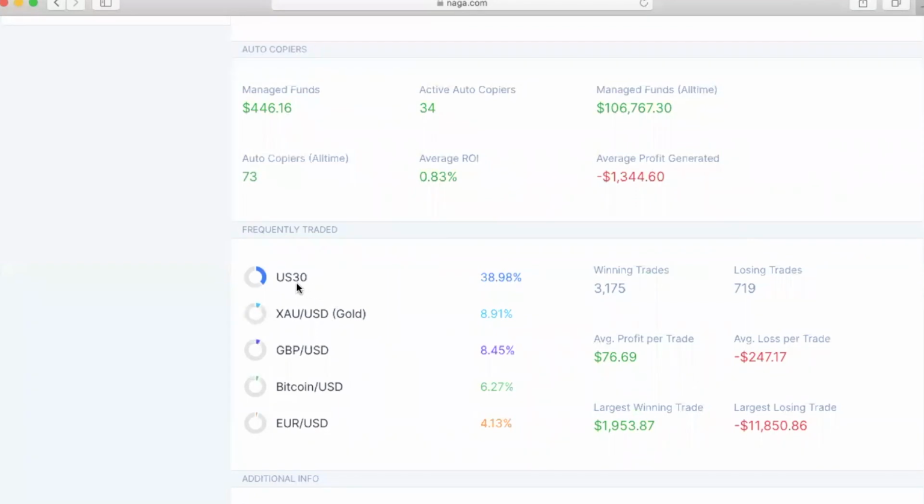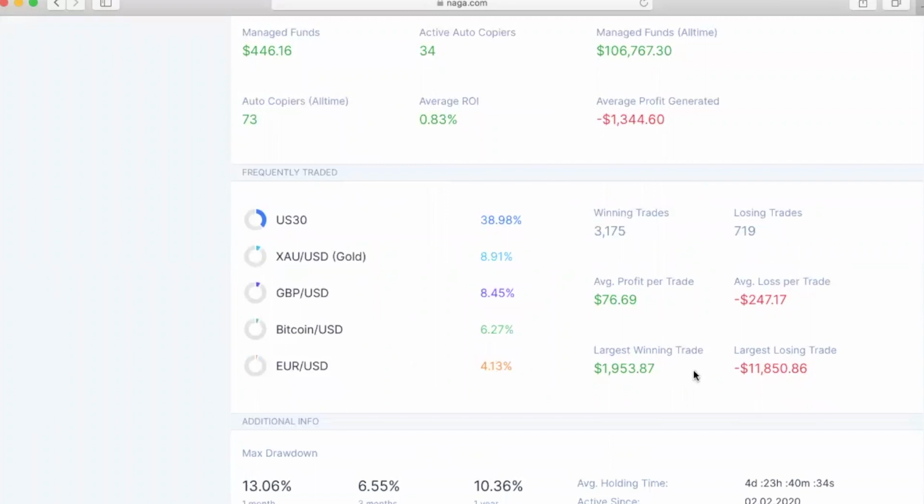So we can also see here his frequently traded pairs. We can see that he likes to trade US 30 the most, with 38.98% of his trading in US 30. We've got gold, GBP USD, Bitcoin, and Euro USD. His largest losing trade is $11,850. His largest winning trade is $1,953. We can see his average profit per trade is $76, and his average loss per trade is